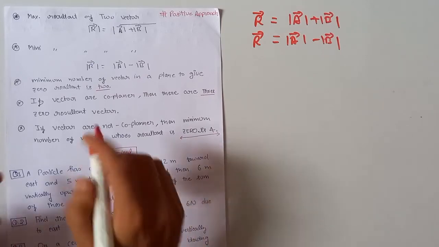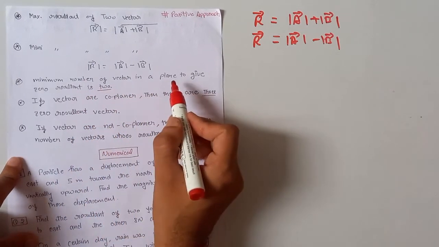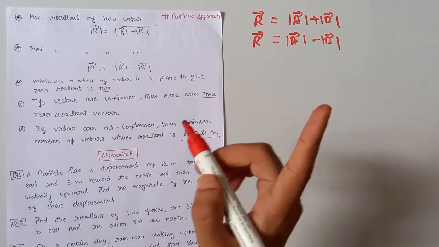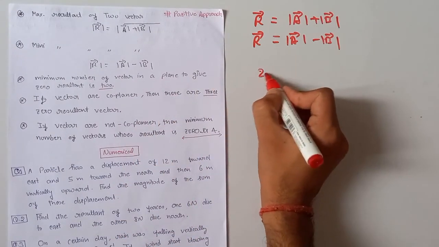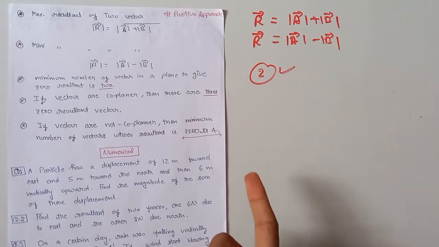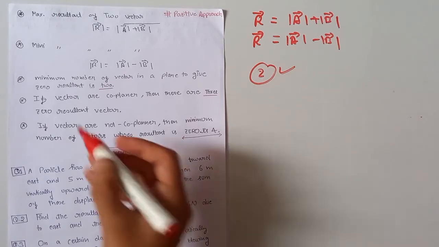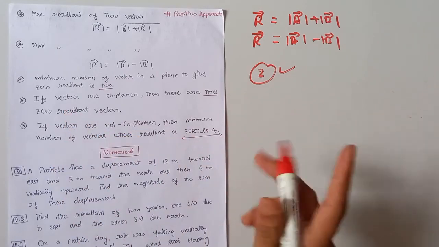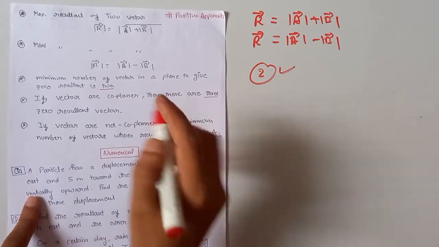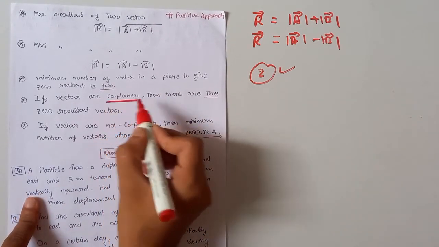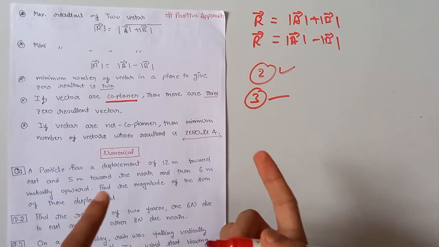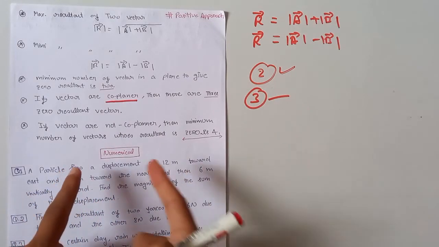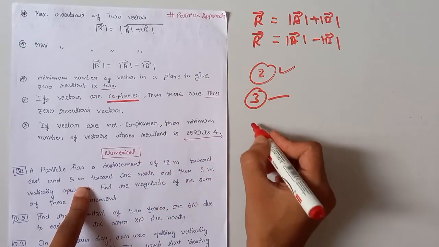Our next key point: the minimum number of vectors in a plane to give zero resultant. The minimum number of vectors in a plane which give zero resultant is 2. If the vectors are coplanar, keep in mind, then there are 3 zero resultant vectors. And if the vectors are non-coplanar, then the minimum number of vectors whose resultant is 0 is